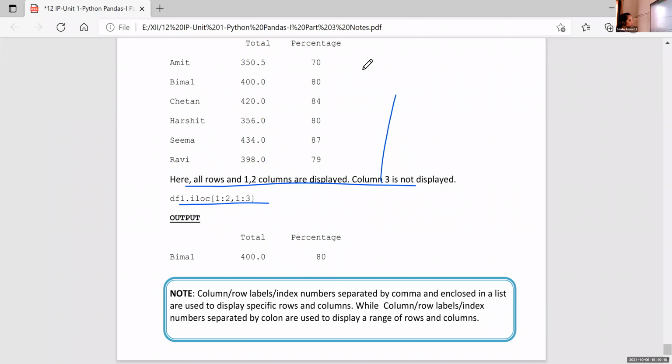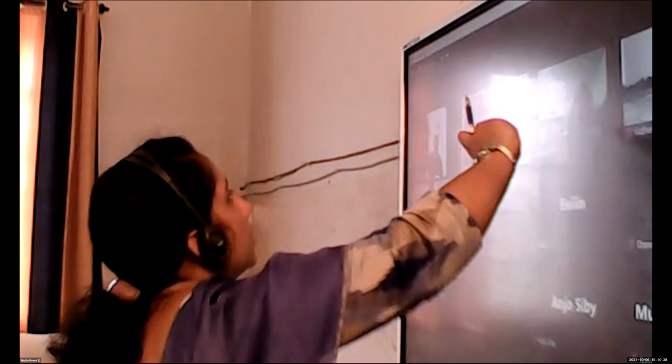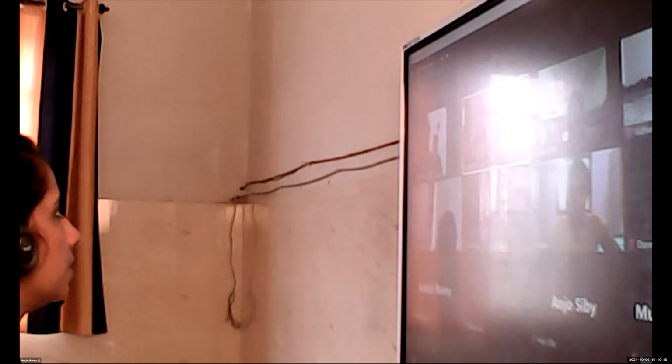Okay. So prepare for the test and score full marks. Only a small portion is there, that is based on data frame creation and attributes related with data frame. So take each and every revision test seriously and score maximum marks. We can discuss the last portion, that is CSV file and some iterators and some more operations, that is binary operations with data frame, in the next class. Okay.